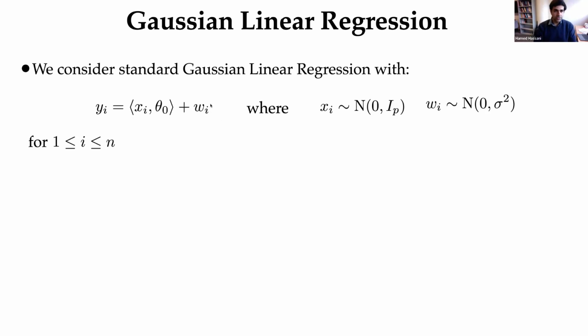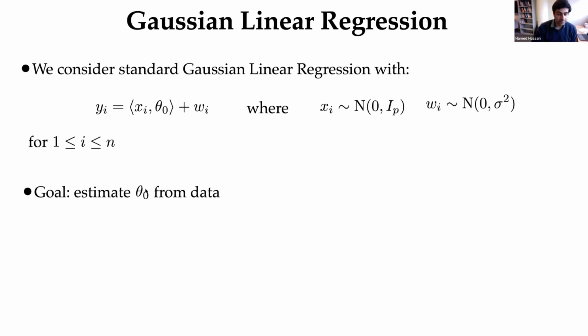Okay? And the additional noise is independent of everything else. That's the linear regression problem where the feature vector has a Gaussian distribution. And theta 0 here typically is called the ground truth model. So given n training data points, the goal of the linear regression problem is to basically find this ground truth model